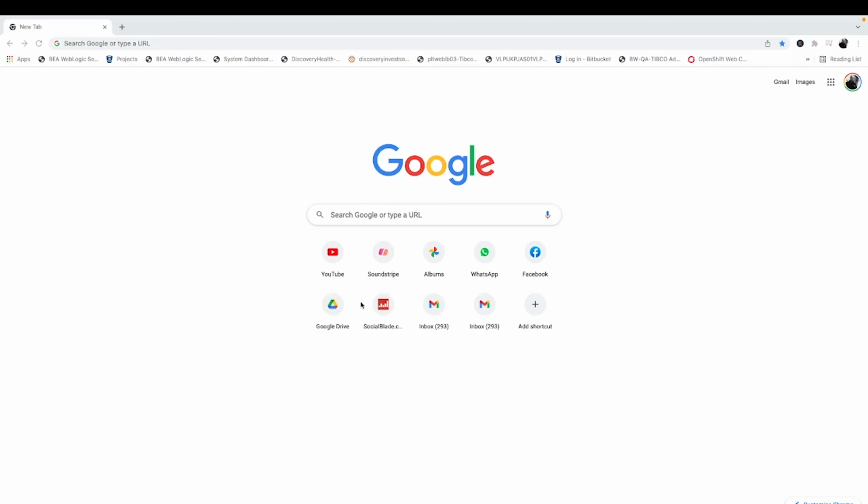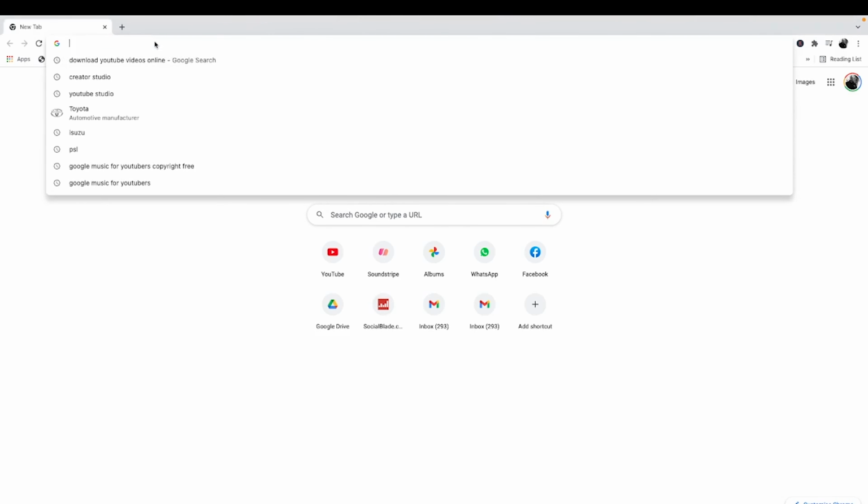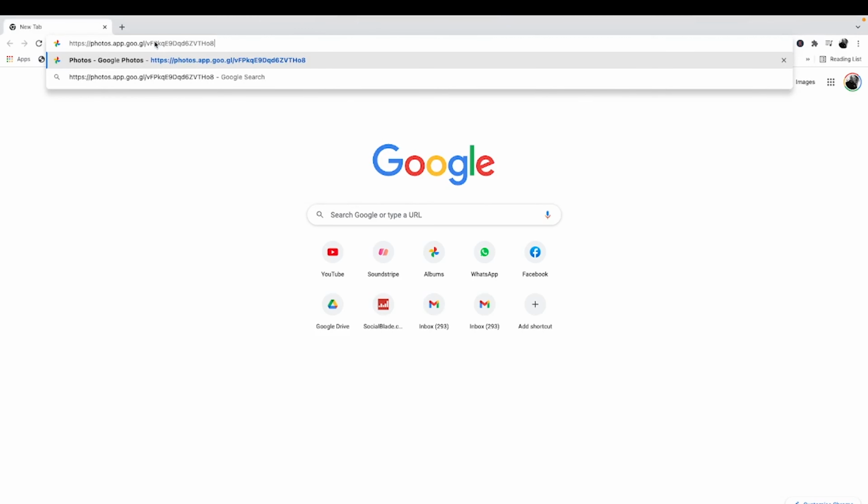Okay, this is a video on how to download photos from Google Albums or Google Photos. Usually you'll get two options. It's either you're gonna get a link from a person who sent it to you, or you're gonna download them from your own Google Photos account. In this case, we're gonna start with the link part. You'll get a link just like that,